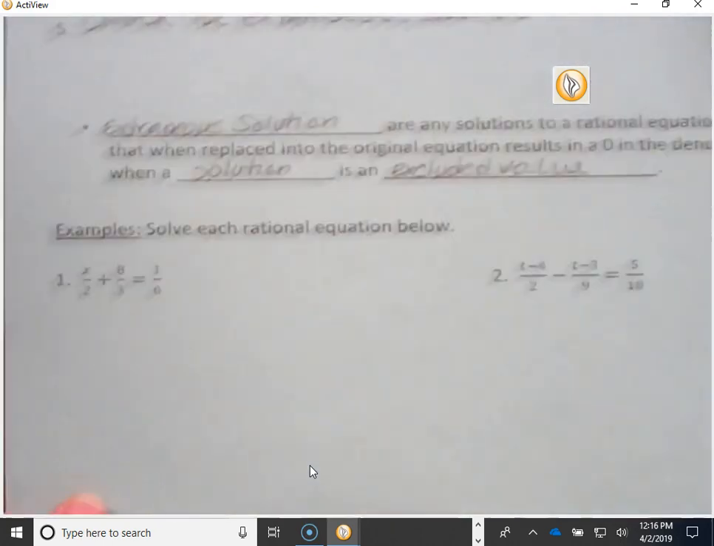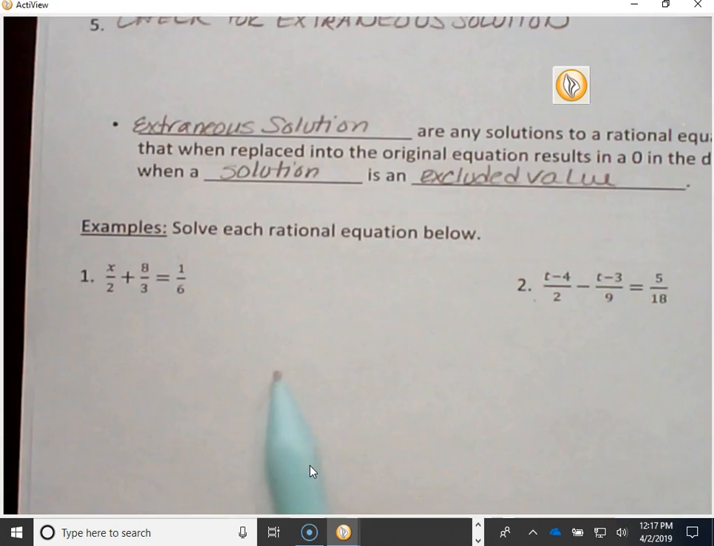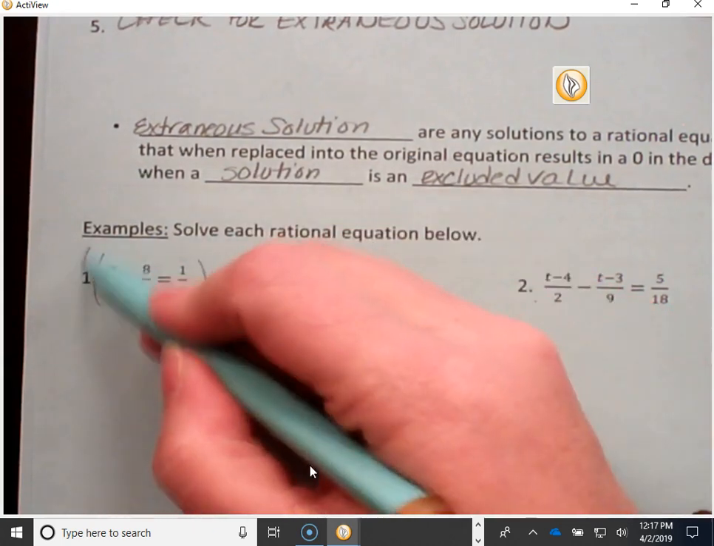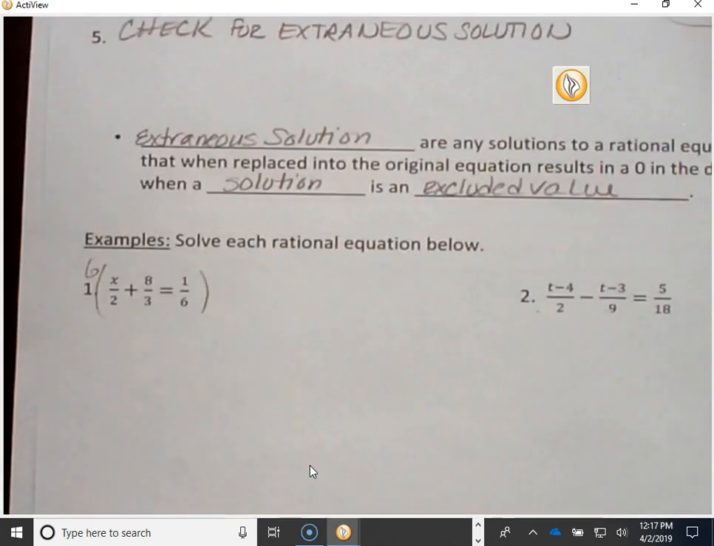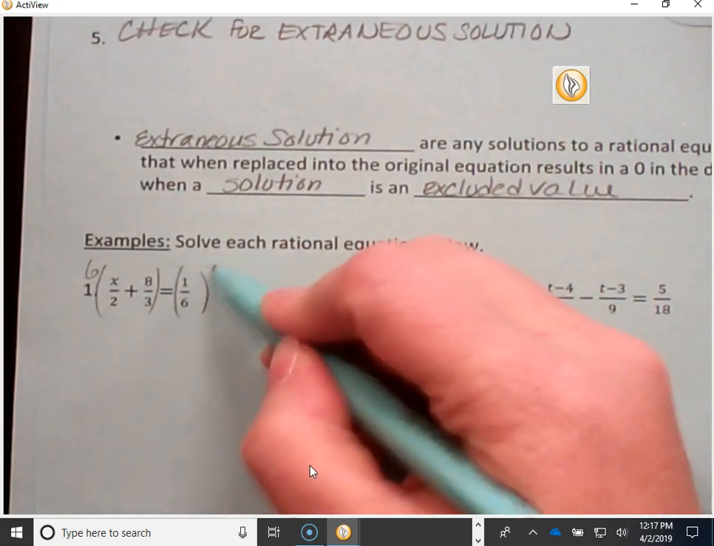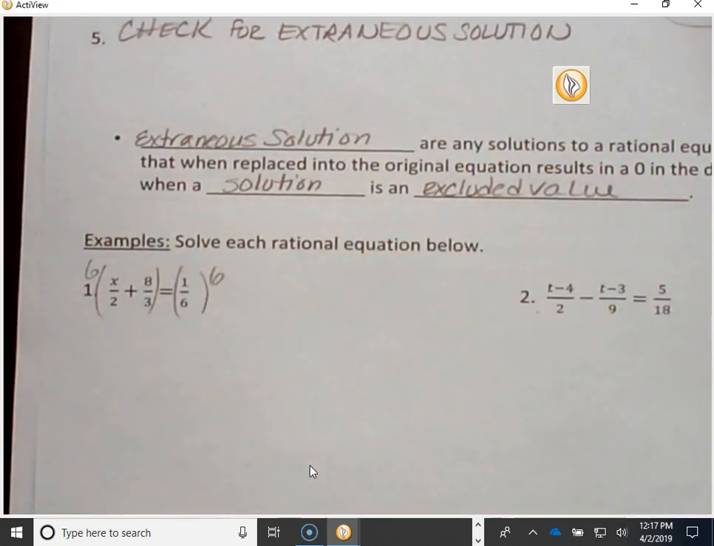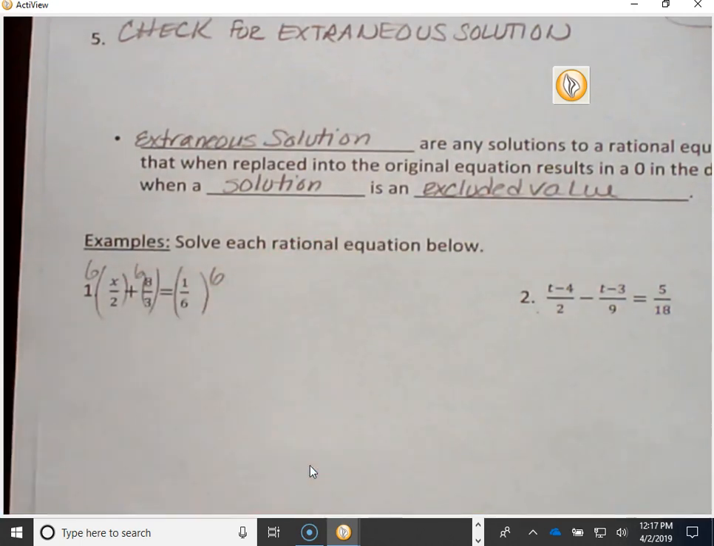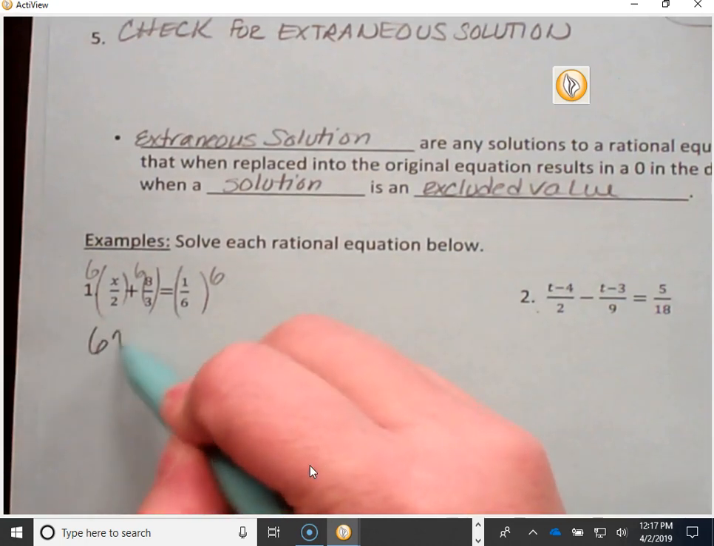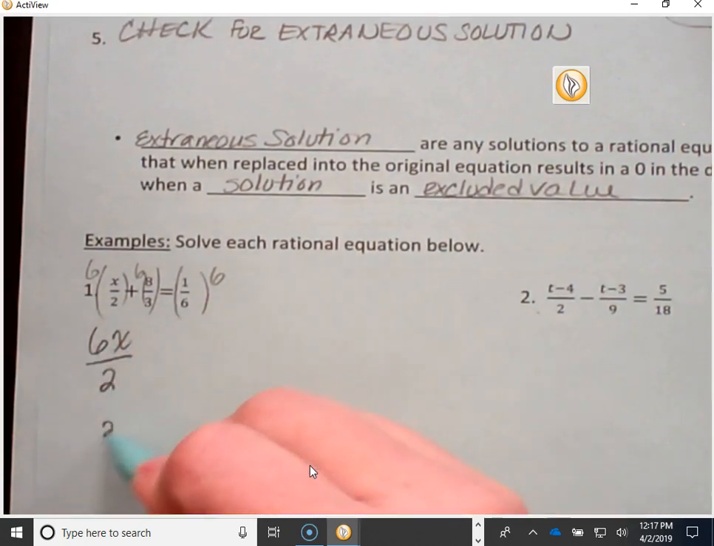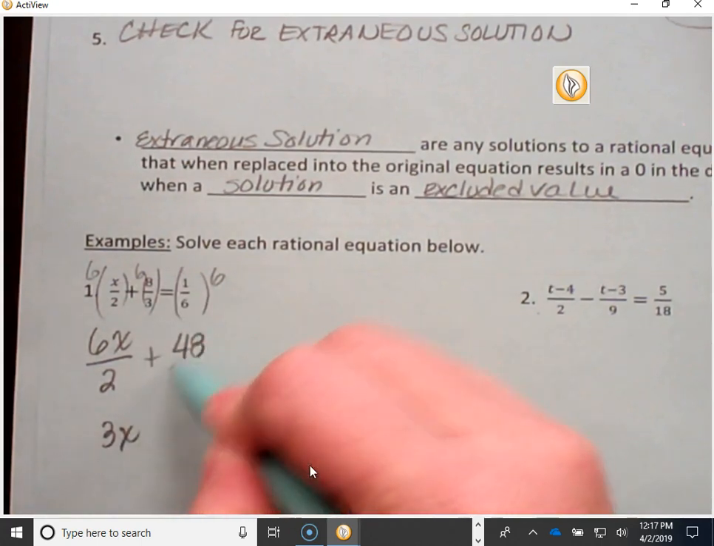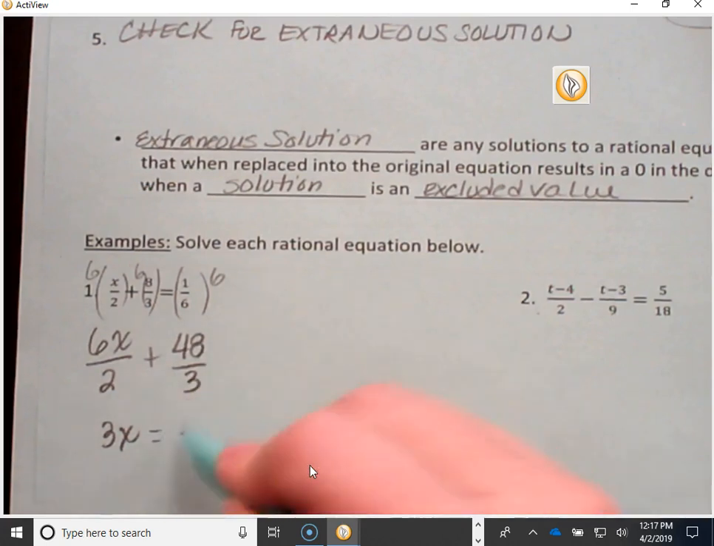So the first step is to factor. Well, there's nothing to factor here. So what's our common denominator between 2, 3, and 6? 6. So we multiply everything by 6. Now I like to write it like this. Some teachers write it like this because they're writing both sides of the equation. Others will write it so that each thing has a 6. I don't care. Because in essence we're taking 6 times x divided by 2, which gives us 3x. Then we're taking 6 times 8, which is 48, divided by 3, which gives us